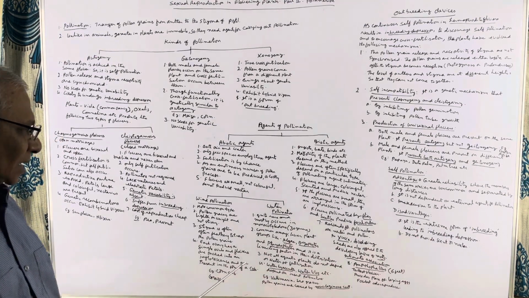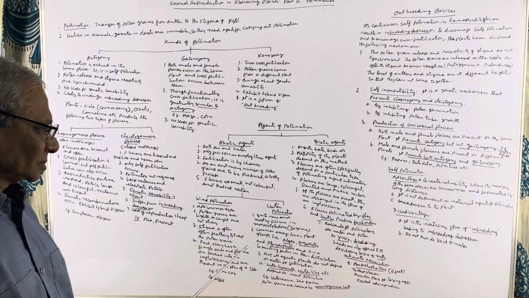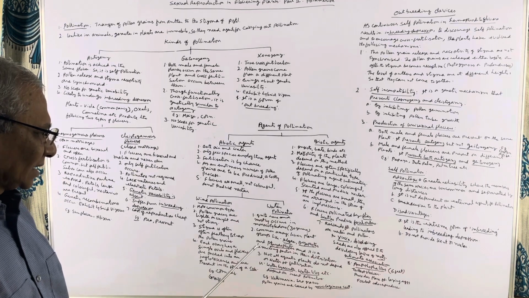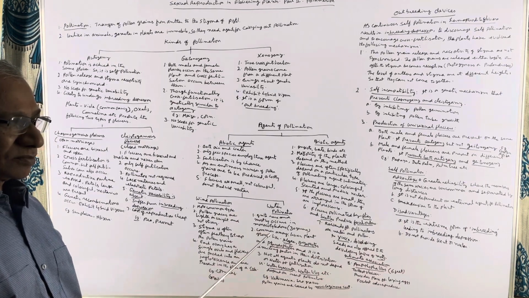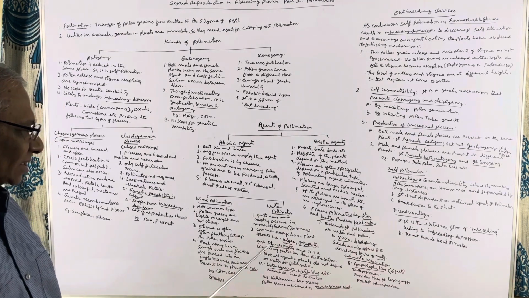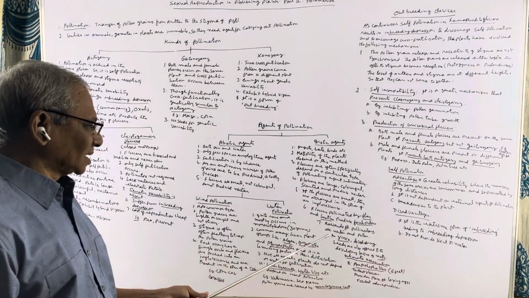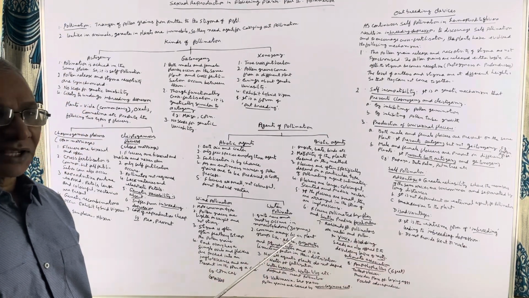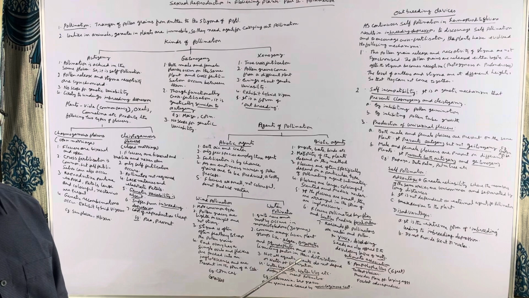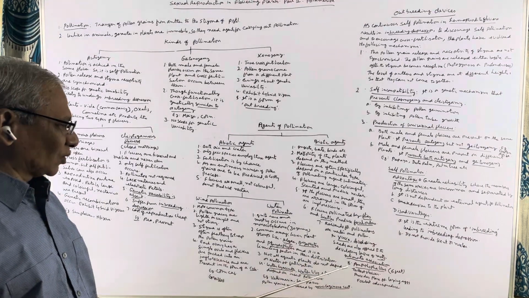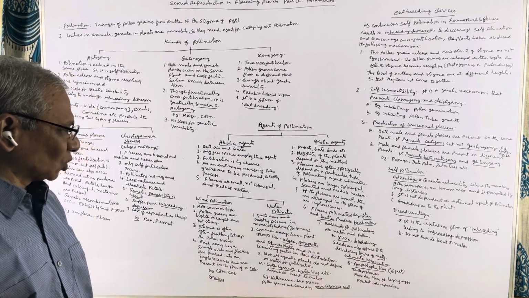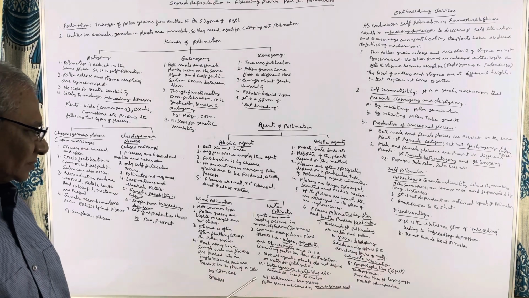Then, in the case of the yucca plant, here again the relationship is very intimate. The yucca plant and the pollinator, the moth, cannot survive without each other. The moth carries out fertilization in the yucca plant, and the yucca plant provides a place for the moth to lay its eggs. The plant also provides developing seeds as food to the developing larvae of the moth. In this way, the relationship between the yucca plant and the pollinator moth is very intimate.